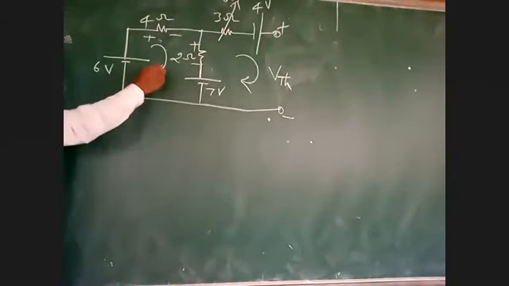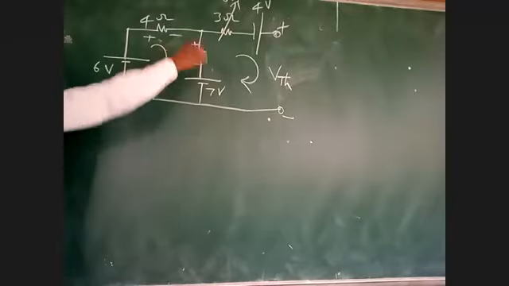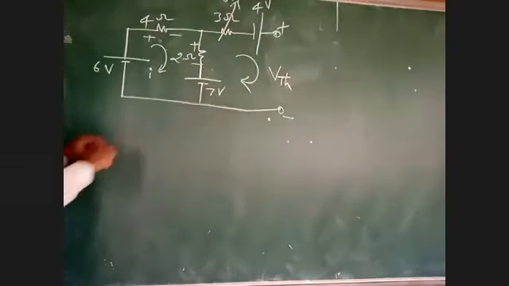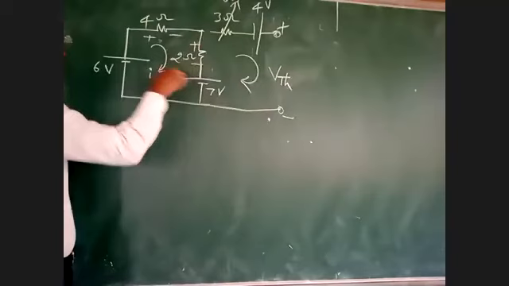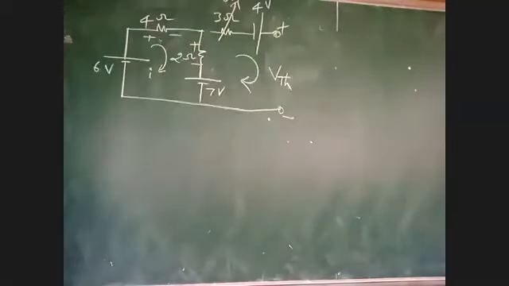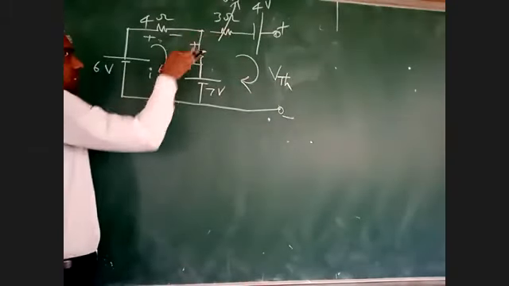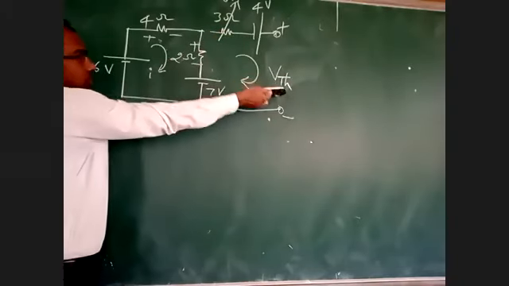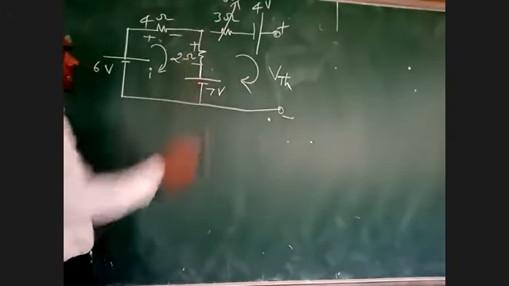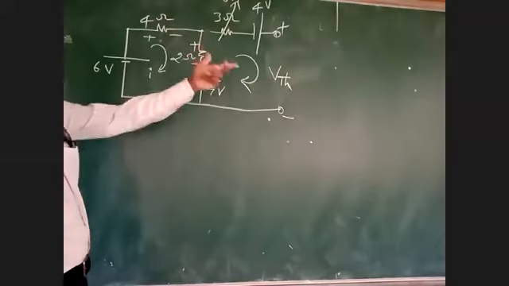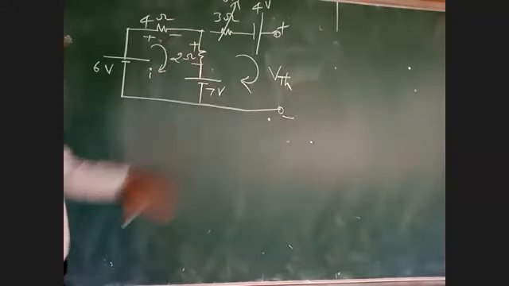Now I will determine the current in 2 ohms. I want the current in 2 ohms. Now if current is not dividing here, 4 and 2 are in series or parallel? Series. Suppose if there is a closed path here, then current will flow in this branch and also in this branch. Since open circuit is there, current is not dividing at this node. Now 4 and 2 are in series.